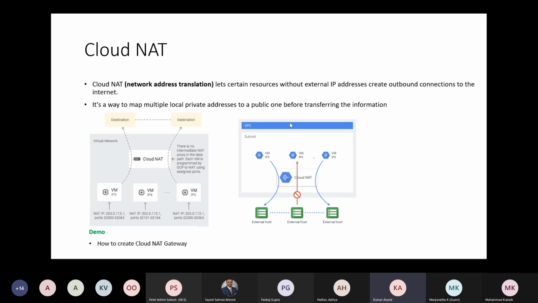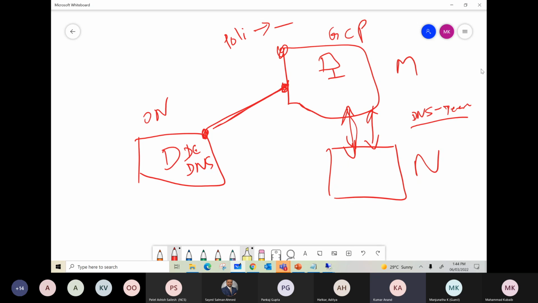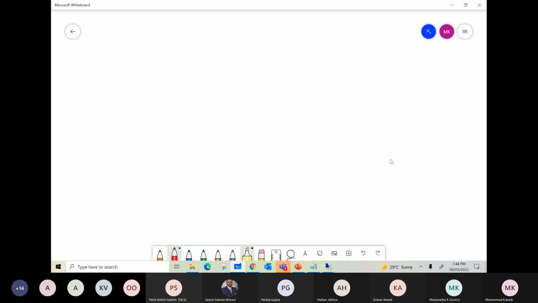So the option you selected earlier with the check mark of the private IP, that is to connect to the Google APIs. Now you want to connect to the internet. Okay, for example, this is a